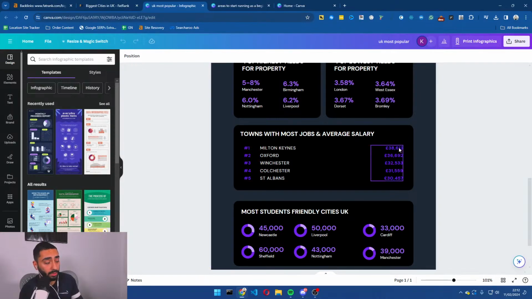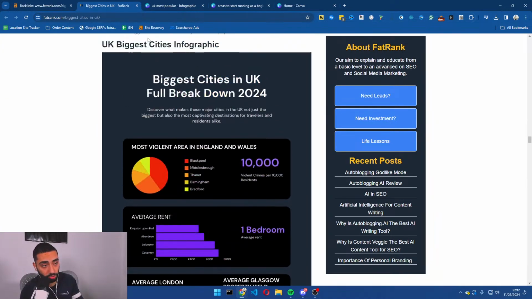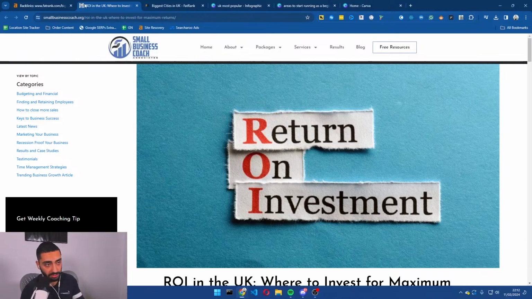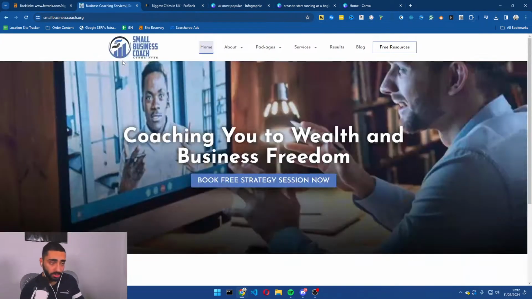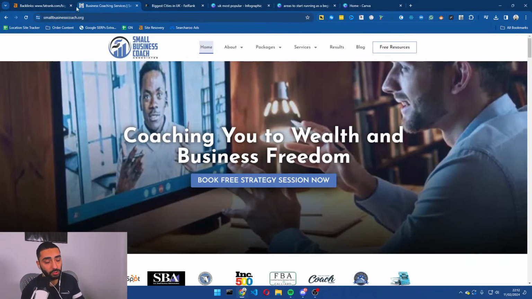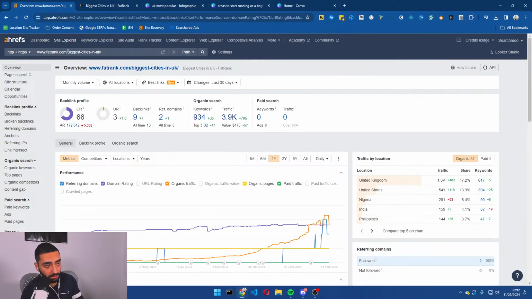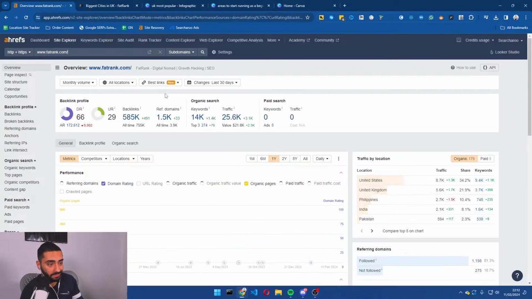So then what we essentially done was we then downloaded this, embedded it onto our page here, and then we started doing some outreach. Now, the best way that you can obviously do outreach to these websites is, first of all, find the websites that you want to reach out to. What I would recommend doing is doing a link gap of your competitors. So if we take a look here, right? If we take a look at FatRank,